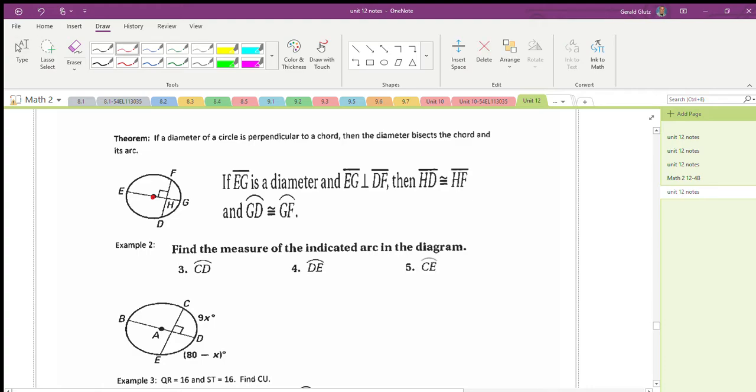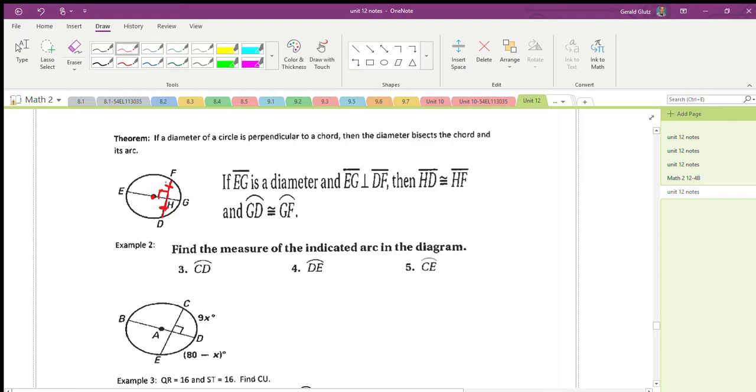If it's perpendicular to any chord, so FD is a chord here, and as we can see, the diameter and that chord are perpendicular. If that is true, then we know that FH and HD have to be congruent, or in other words, EG is a perpendicular bisector. So anytime we have a diameter